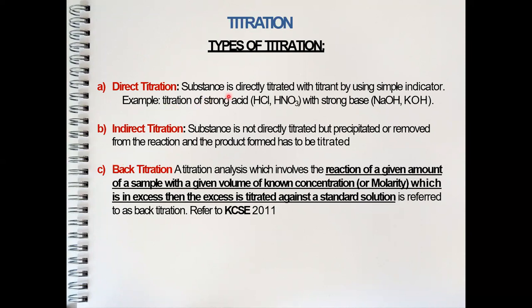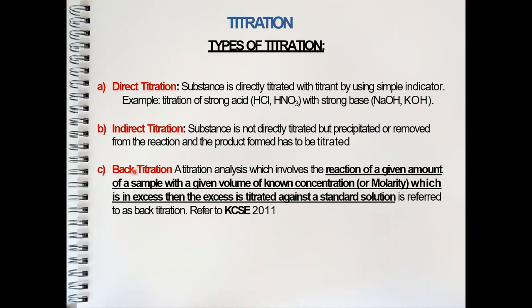So this one is always where we react strong acid and strong base. So wherever you see these 2 reagents, the strong acid and the strong base, know that that is a direct titration. Then in indirect titration, a substance is not directly titrated, but precipitated or removed from the reaction, and the product formed has to be titrated. So you can be told to filter. After filtering, the filtrate or the residue is what you are using